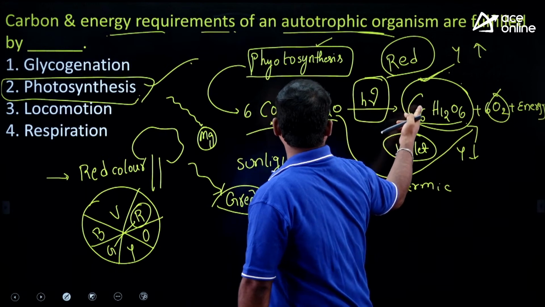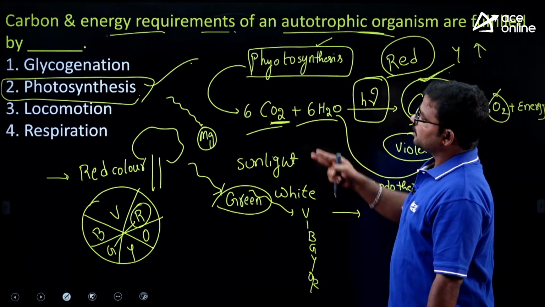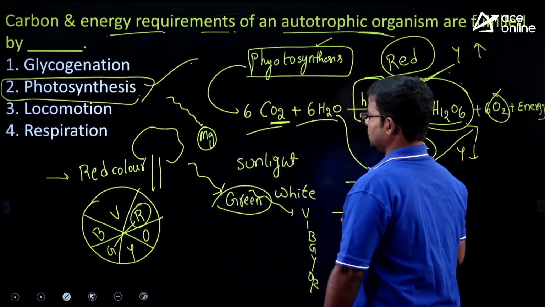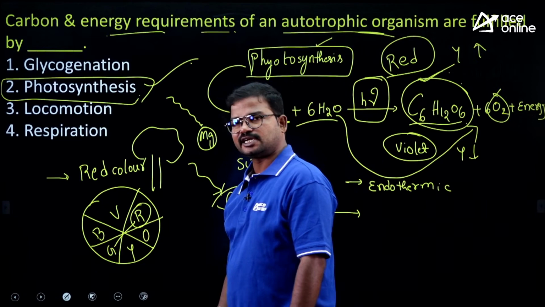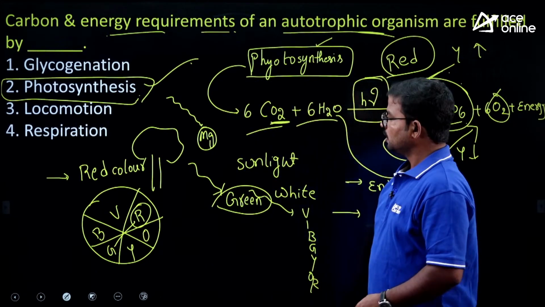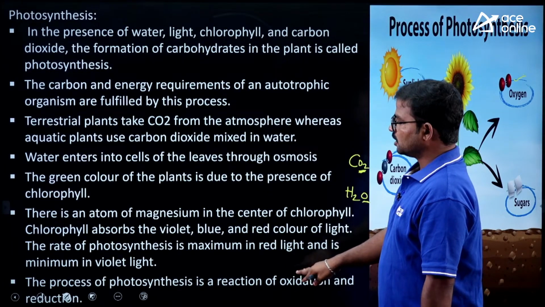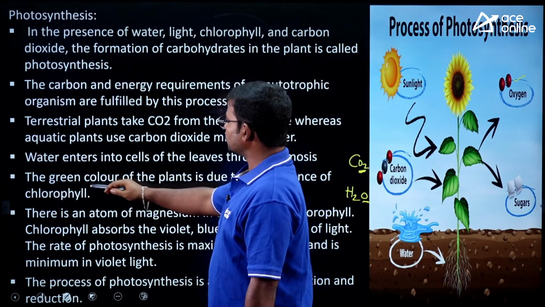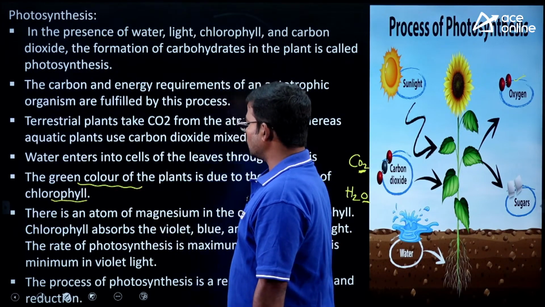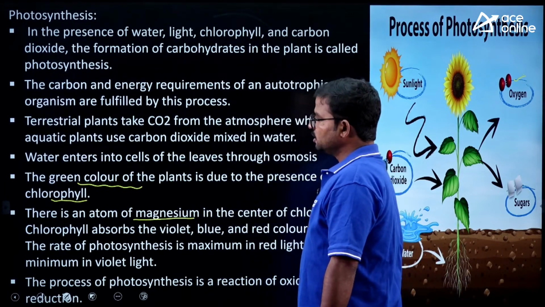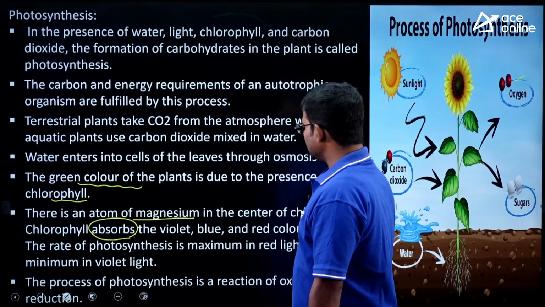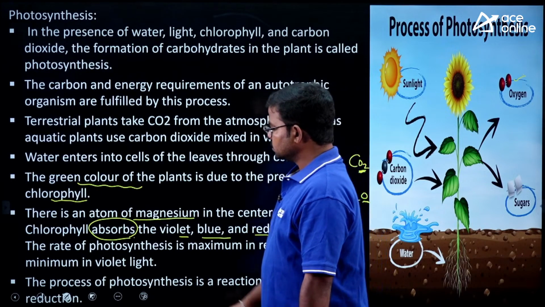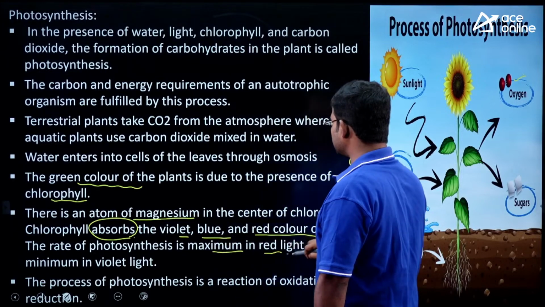Mostly the maximum amount of yield can be observed in presence of red color light. Next, carbon and energy are required especially for the photosynthesis process, so plants are considered autotrophic organisms. Next, the complementary color of red is green. These 3 points are very important for your examination. Here is some additional data. We already discussed each and every point here. Plants emit green color because they have chlorophyll. Next, it has the magnesium element, and this magnesium absorbs sunlight. Mostly violet, blue, and red color light can be absorbed by plants to emit a green color. The maximum amount of photosynthesis we observe in presence of red light, and minimum